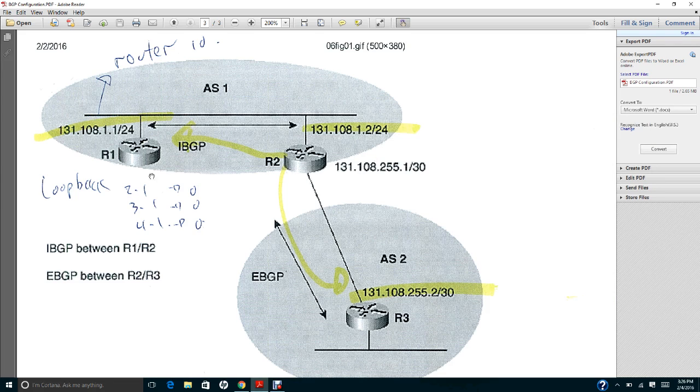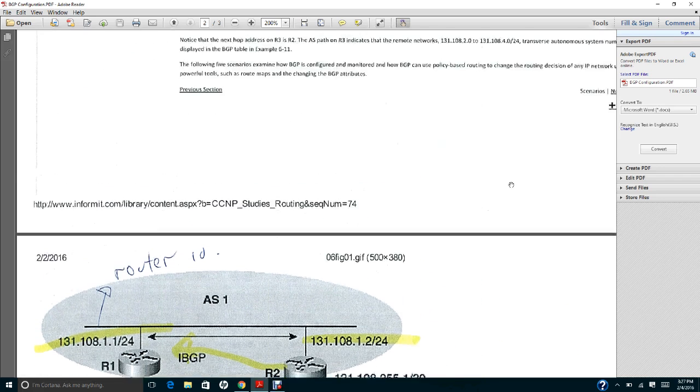Alright, let me give you the loopback address of R1. The loopback address of R1 is 131.108.2.1 255.255.255.0. That's loopback 0. Let me give you the paper here, so I think it helps you better.